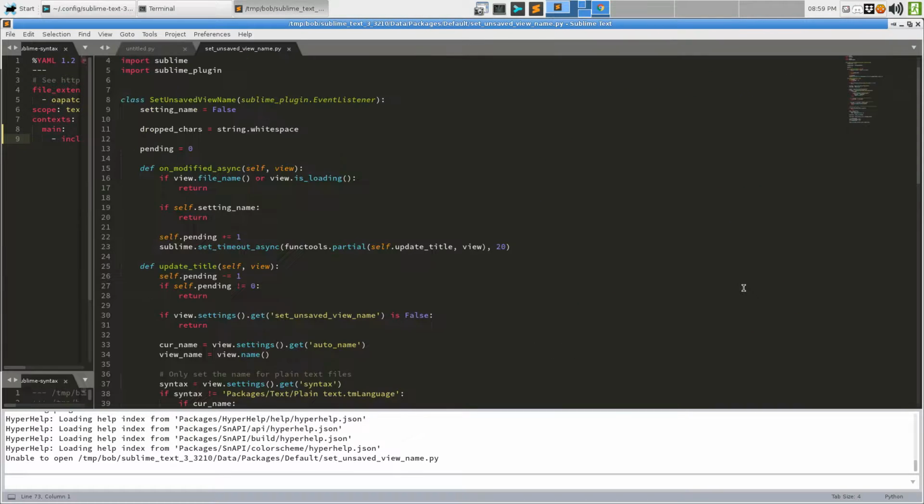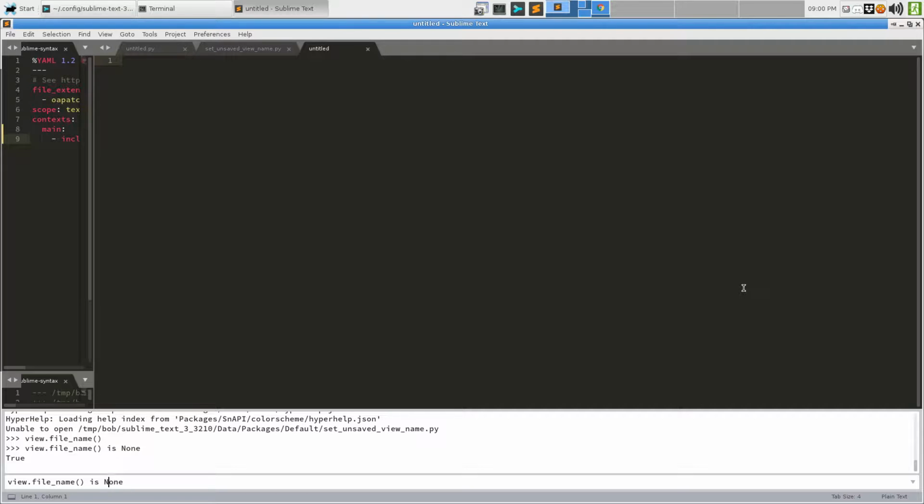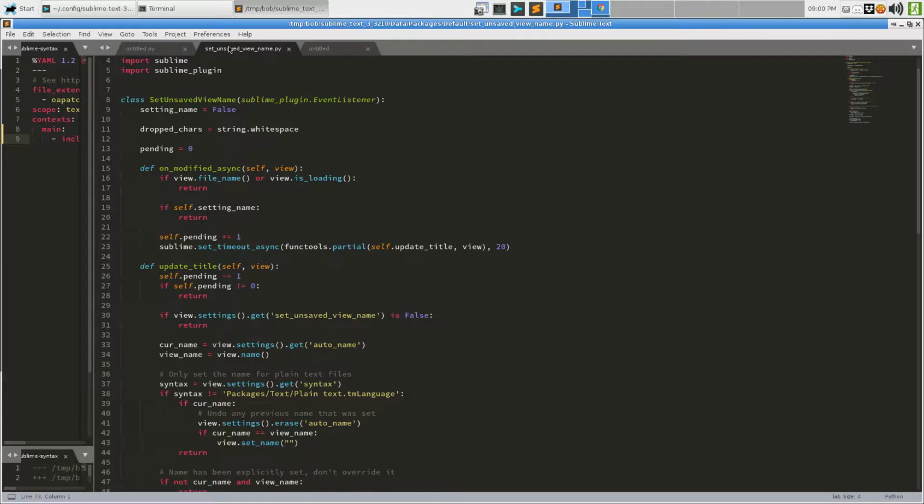Let's trace through what this is doing. If it has a file name or it's loaded, then do nothing. View file name will be none for any new file. So for example, it's nothing. Just to prove. Yeah. So it's saying if this view already has a file name or it's currently loading,